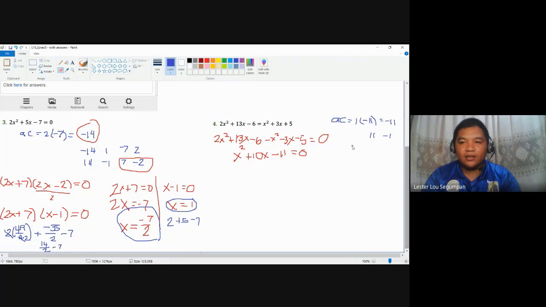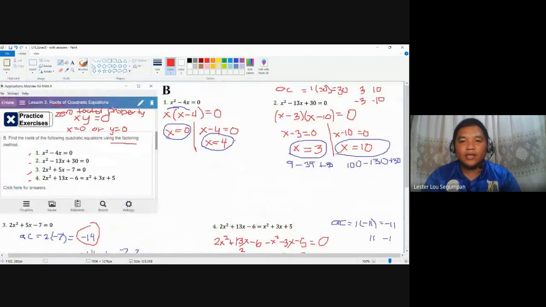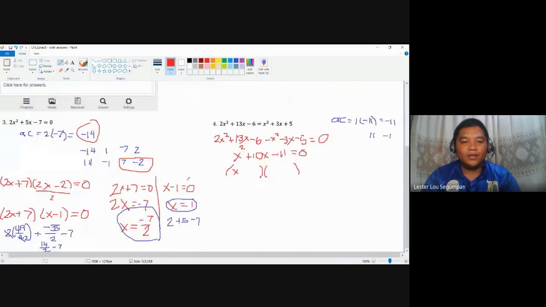11 plus negative 1 will result to 10. Those are the items that you need to pair with x, because those are your leading coefficient. Here at the top, no need for this, that's common monomial factoring. The leading coefficient is 1, so you have 1 and 1. Earlier this was 2 and 2, but later on simplified to just 1. So still x here, pair it with positive 11, pair it with minus 1, must be equal to 0.